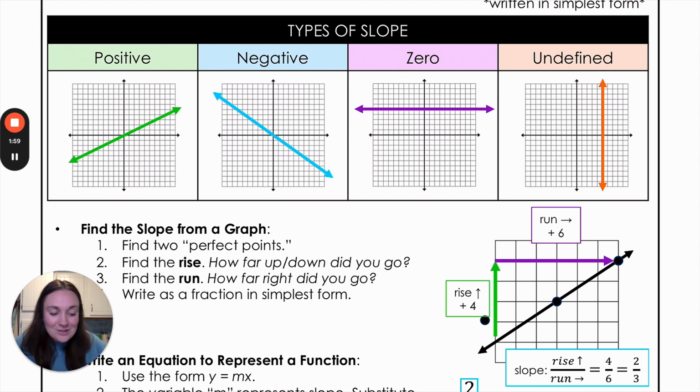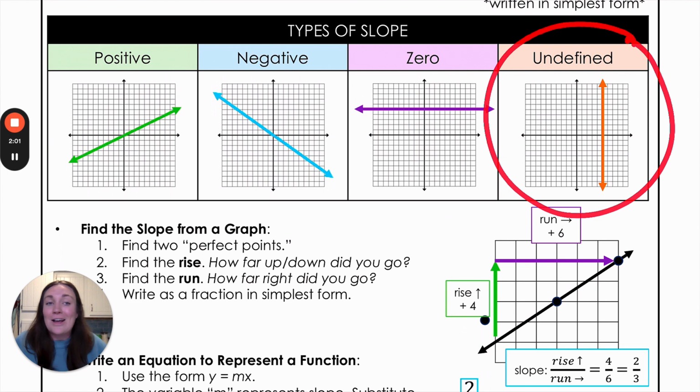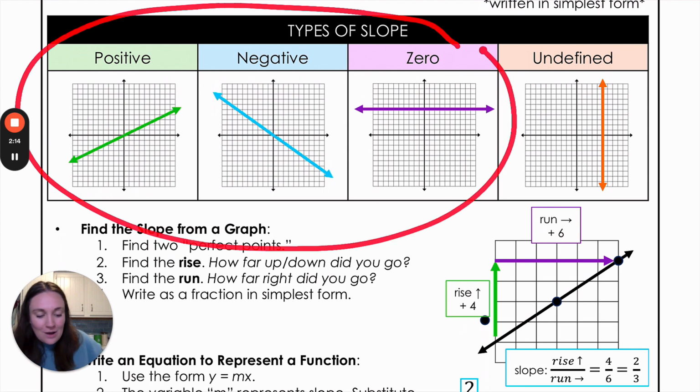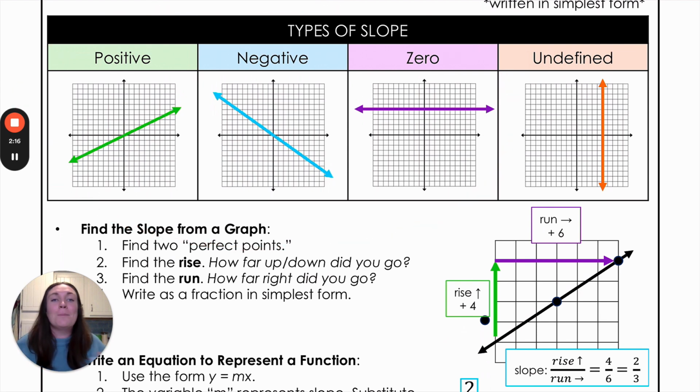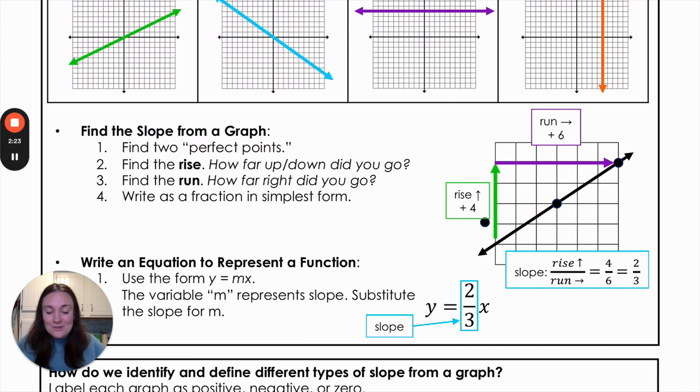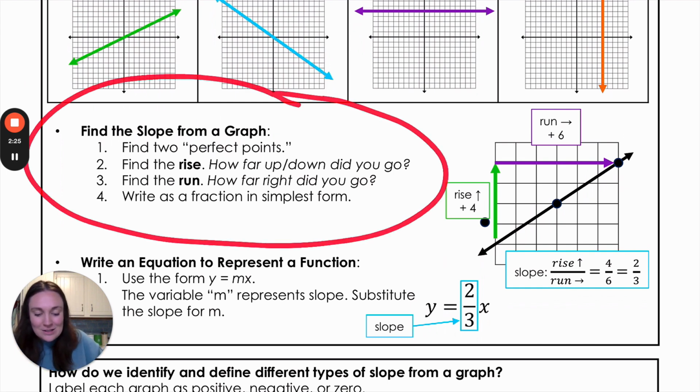And then again, next year or later on in math, you will talk about an undefined slope, where instead of going directly across left to right, we are going straight up and down. You won't see that on your test, but again, you're going to hear it sometimes, so I want to make sure you've seen them. So how do we figure out? We know that if they're positive, negative, or 0, but where do we get that number for those fractions as we're going? So the first thing that we're going to do is we're going to find the slope from a